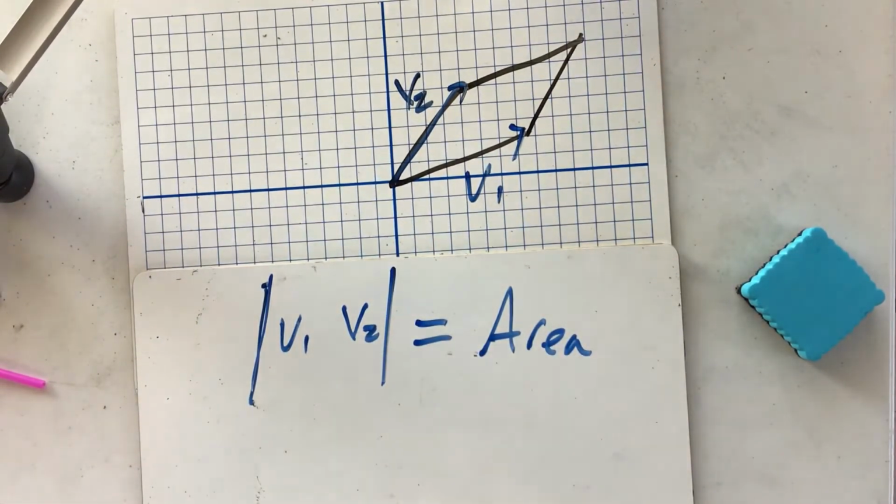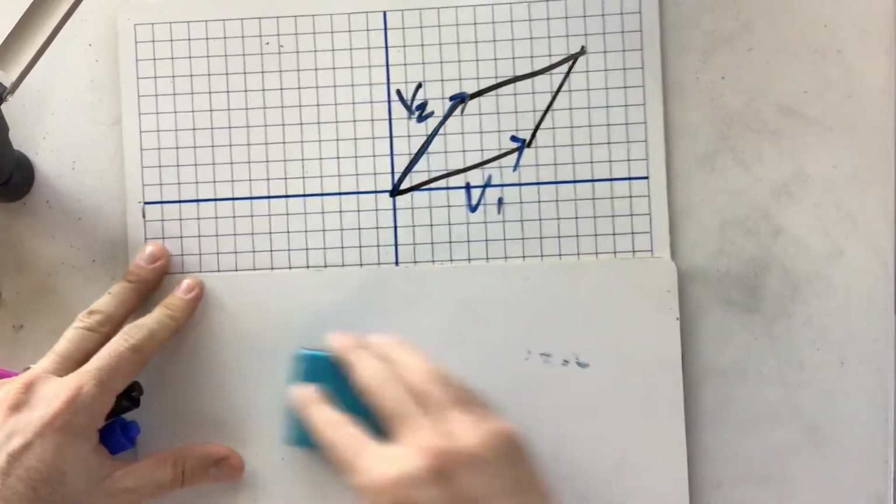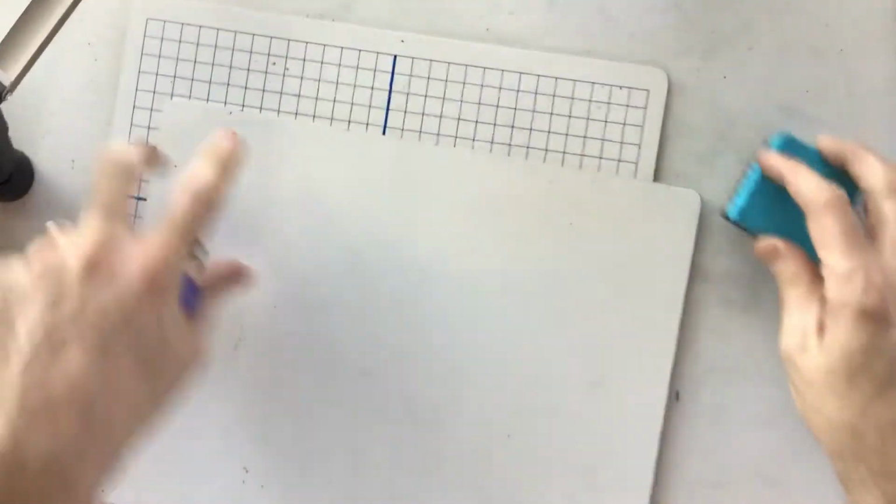Okay, I think this is really cool. I hope you guys find it as interesting as I do, that the determinants somehow tell us the area of these things. Now what's cool, if you flip the page over,